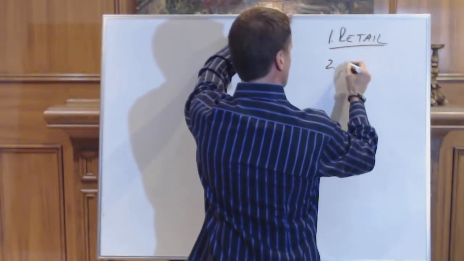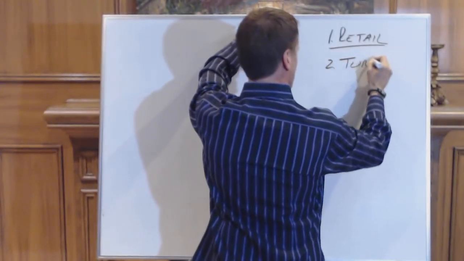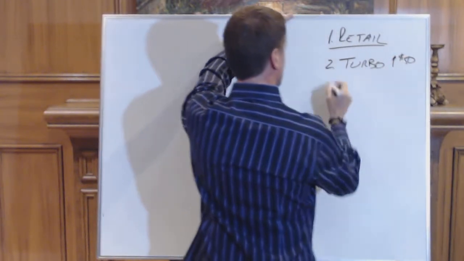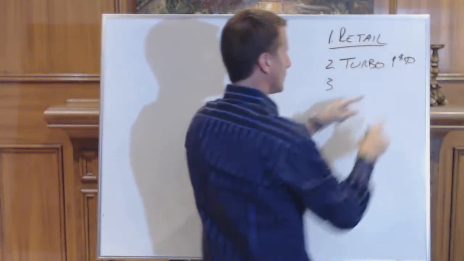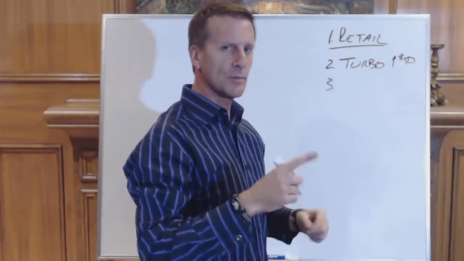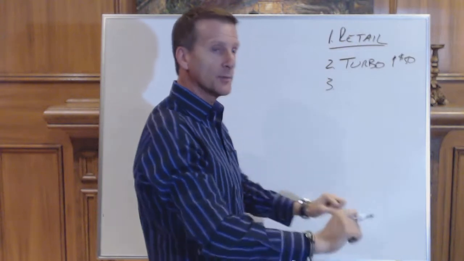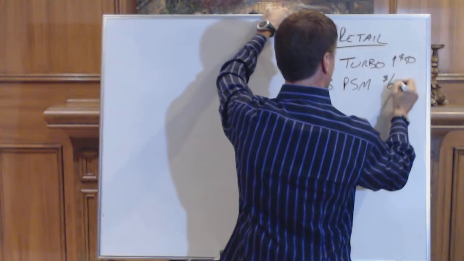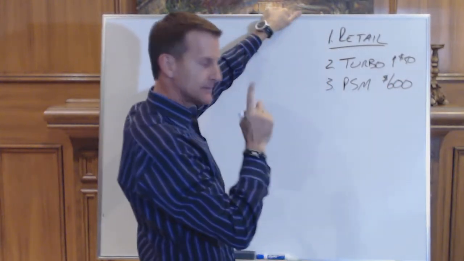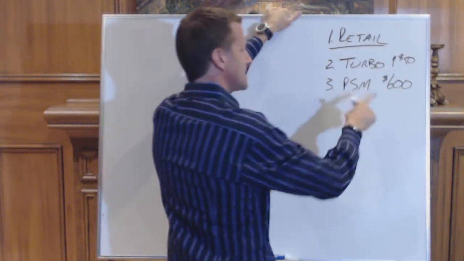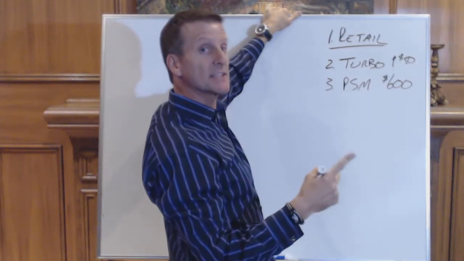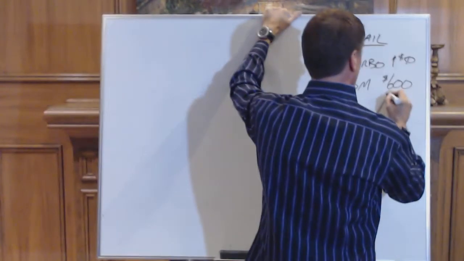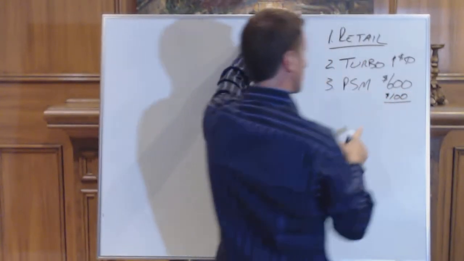Okay, into the comp plan and team building itself, then we have a turbo bonus, and that is up to $50 when someone enrolls. We don't put a lot of revenue here because where we put a lot of revenue is when people help other people duplicate. What we call a pro star maker, that's $600. Now this is in some markets, it's a pro star maker and it's $600. In other markets, it's just what we call a star maker. That bonus is only $100 in those other markets.